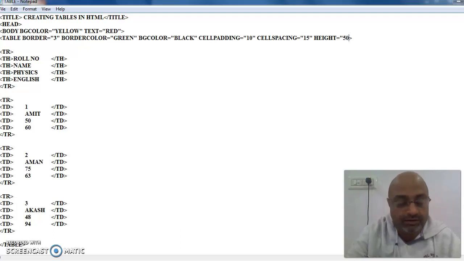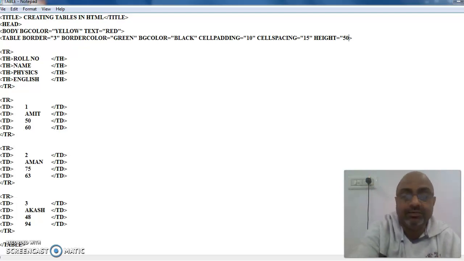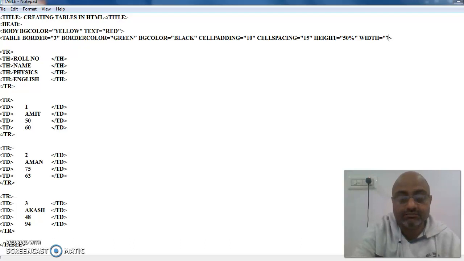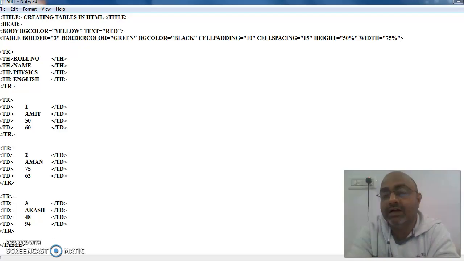Children, you know that all the parameters have to be given within double quotes. So now height is equal to 50% and width is equal to 75% I have used within the table tag.